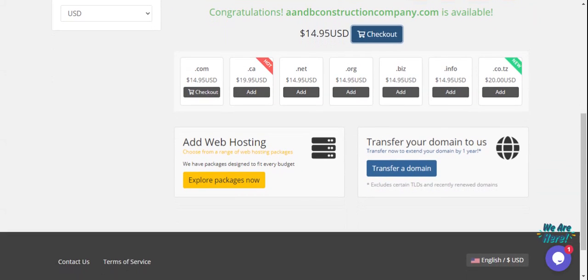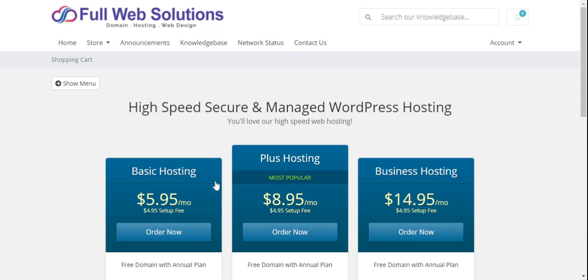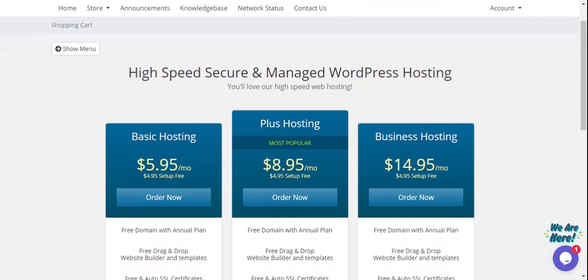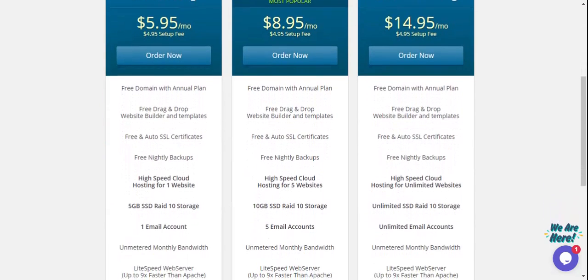Hosting is the storage space where your website exists. So the second thing which we have to do is sign up for the hosting account. So let's explore packages. So there are three packages we offer: basic, plus, and business hosting. The main difference being